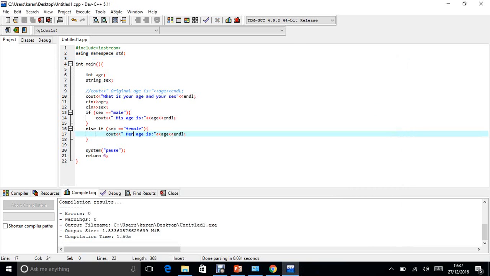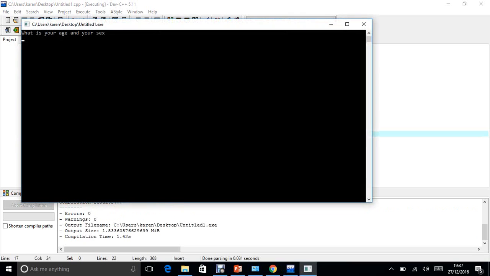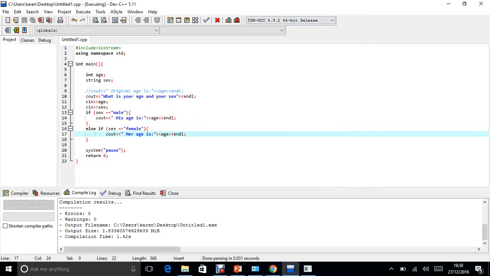What we could also do is, what else could we do? Let's try the next one. What is your age and your sex? 25. Female. Her age is 25. So basically, we've set up an age, a string, and just for a quick summary,